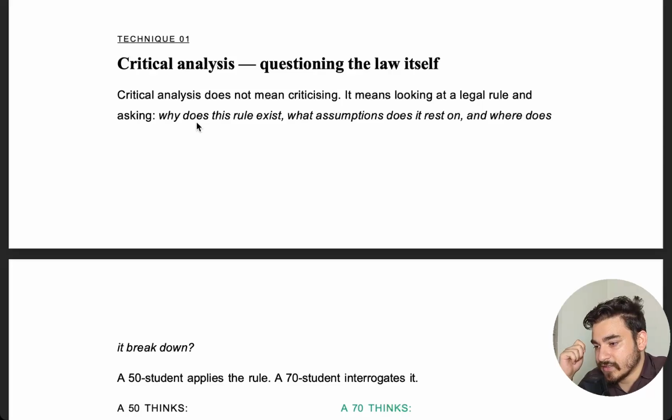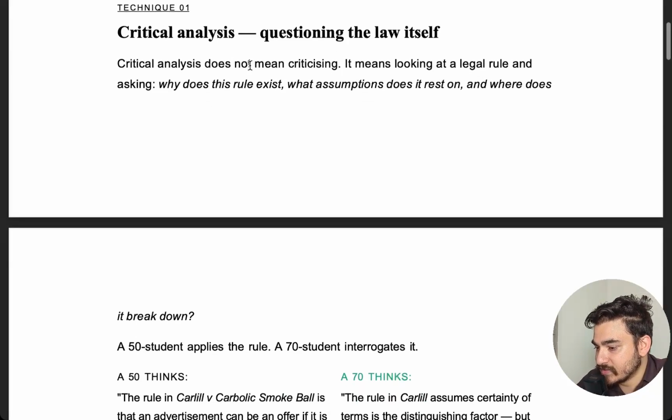Do you think that the law is in need of reform? Do you think that the law is perfect in the way that it is? Do you think that the regulation needs to be stricter? Do you think that the law needs to be revamped altogether? Do you think that a new law has to be passed? That's critical analysis. That's you critically analyzing the law. That's what gets you 70s. Not you stating what the law is and not you giving the examiner the case laws.